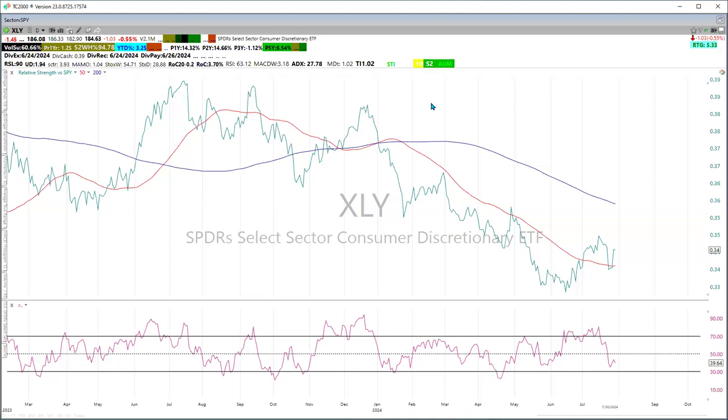So what does this tell us? It tells us that in the short term, there is some weakness, definitely there in the growth sectors. There's some movement towards the defensive sectors, and a little bit of movement towards the cyclicals. And definitely a move from the larger caps to the smaller caps. So that's what we're witnessing. And it looks like small caps are probably the place to be at the moment in terms of finding opportunities. So let's have a look at